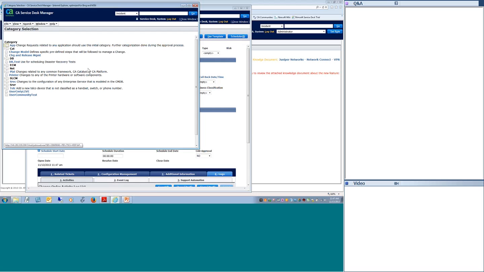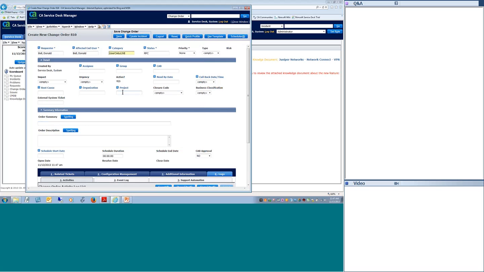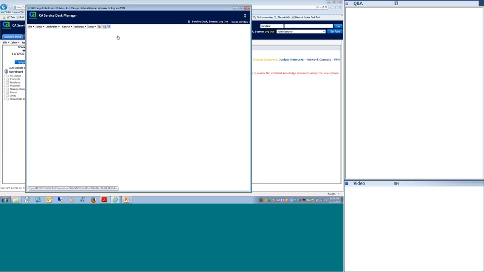So I'll have a look here at all of our change categories. In this instance, we did User Community Live. I'm going to enter in a quick summary and a quick description. And as soon as I hit save, it's going to kick off